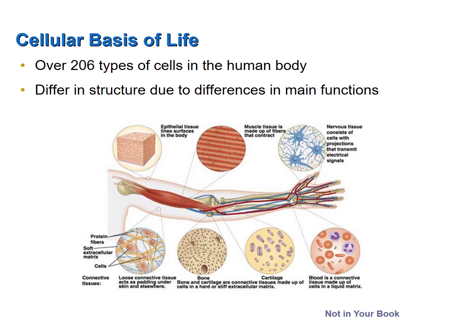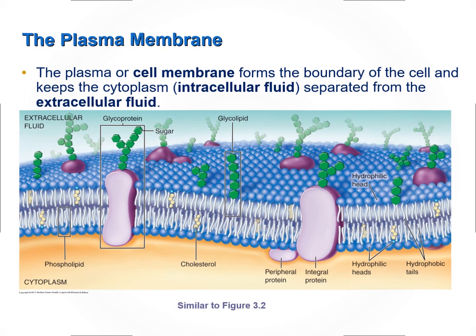They all have plasma membranes. They typically share very similar organelles. The organelles may be specialized and slightly different from one cell to another. All cells, at least at some point in their life cycle, have at least one nucleus. So although cells differ significantly in their structures and functions, they all share some common characteristics, features, and structures. The first major structure of the cell we are going to discuss is the plasma or